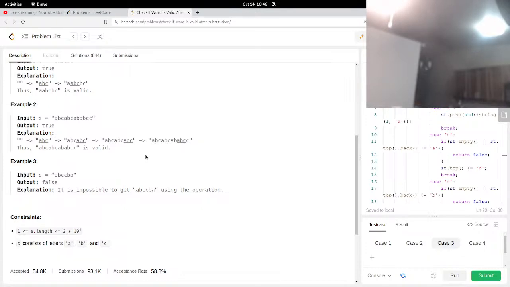suppose you're given a string of this kind, right? Then there has to be an A somewhere to start with, right? Because either you have ABC in the beginning or you have something inserted either in between A, before B and C, or something inserted after A. So you're always going to start with an A. Now, if you have just ABC and then another string of this kind, then this should work recursively